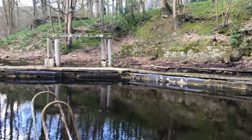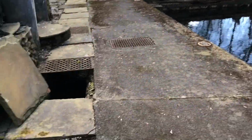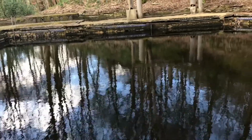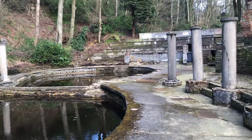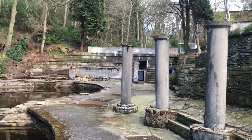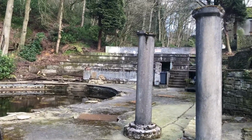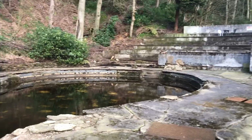And I've just spoken to the bloke, and apparently the council want to wash their hands of it, don't want anything to do with it. But on the other side, they don't want him to renovate it, which is shocking. I mean, how can you not want to keep something like this preserved? This is what I'm telling you about the council. It's every council. They're absolute lunatics, the maniacs that are in charge. Do you know what I mean? Like, why would you want this to...